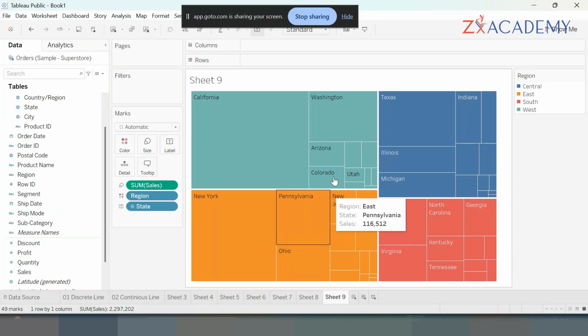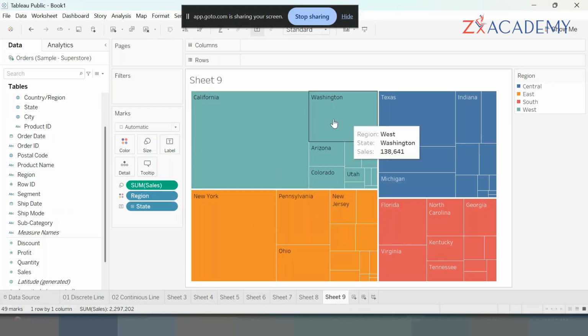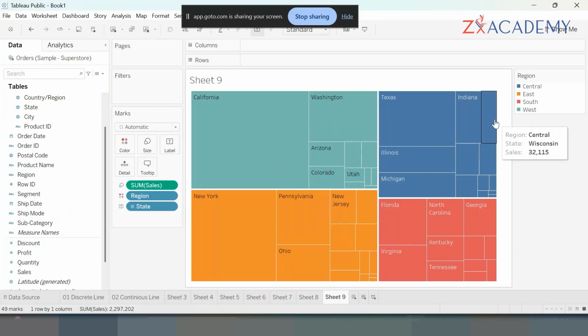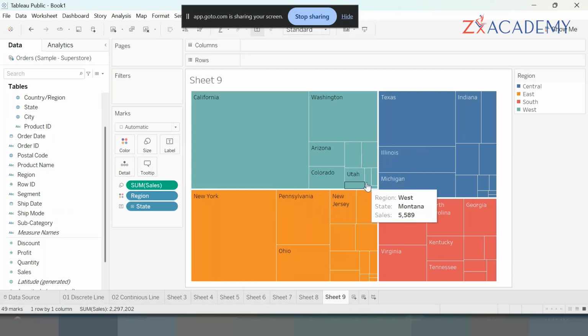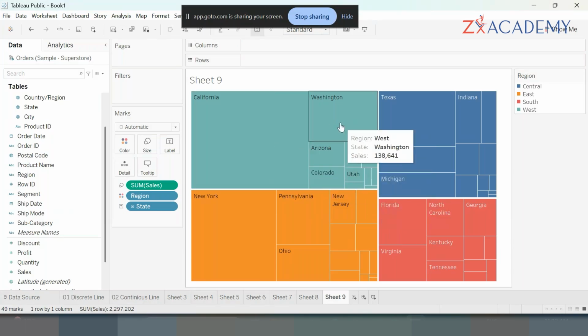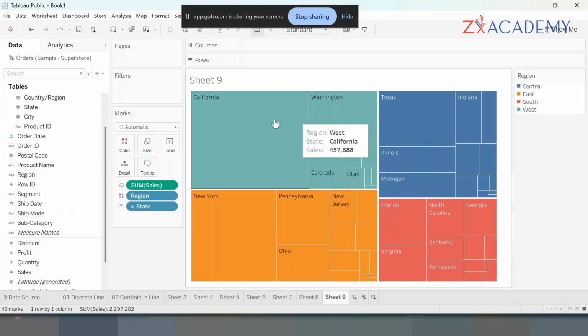And in the West region, when you see that, only two states are visible, California and Washington. They have done almost 85-90% of the business. The remaining 15% of the business is done by another 10 to 15 different states. So that means these particular states are contributing just 1%, but these two states are contributing 85%. So in the west region, we are just getting the business from the